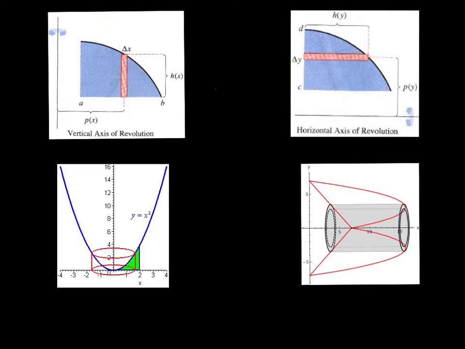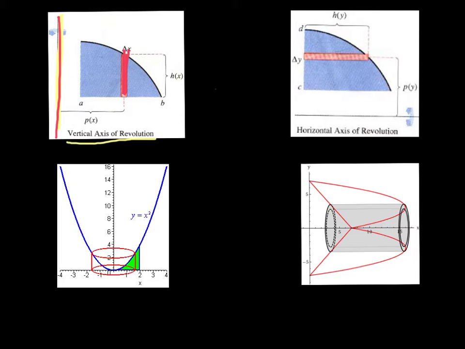All right, let's look at a couple diagrams of what's going to be different when we use the shell method. If you look here, we're going to rotate around a vertical axis of revolution. So you're looking at something like the y-axis is what we're spinning around. And then we're going to draw our rectangles so that they're parallel to the